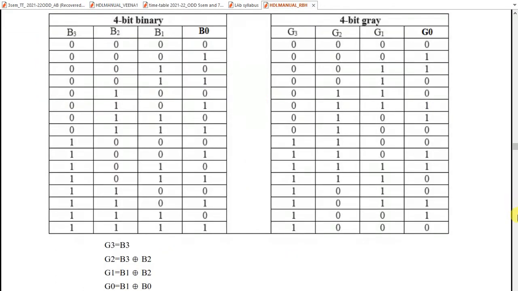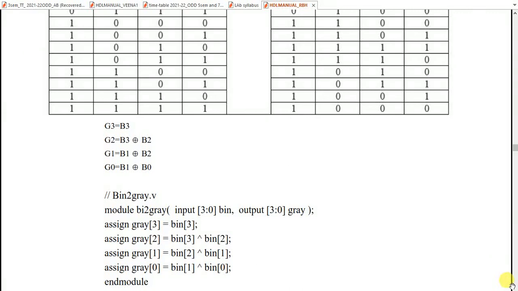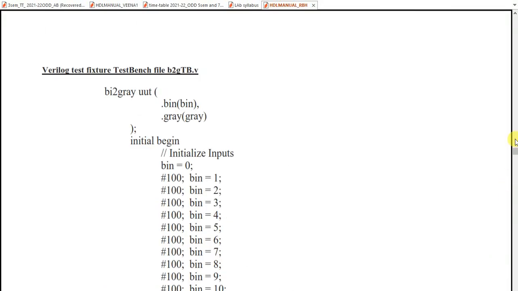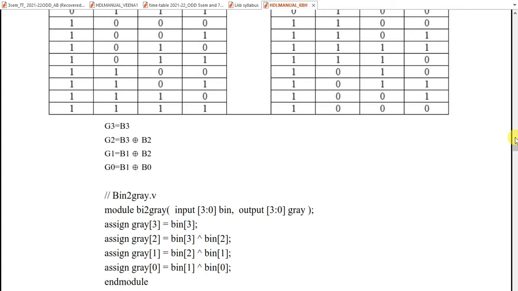So for this we can write a simple program. You can go for a simple program only, no need to write structural, because you already learned how to use structural in the case of decoder, and in the case of adder we also already did how to write the XOR gate. So here no need to go for the XOR operation. In the exam if they ask, you know already the procedure, okay, you can do it. But here I am using normal data flow.